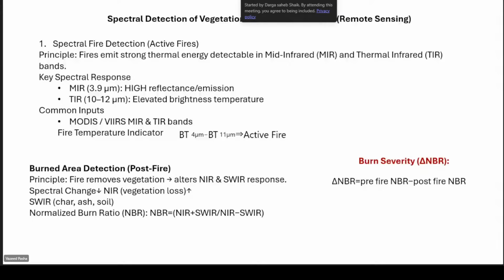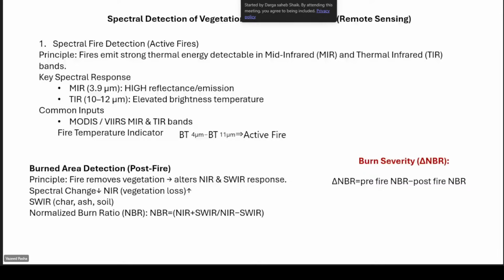Spectral detection of forest fires and burnt areas using remote sensing. How will it work? It works on the principle that fire emits strong thermal radiation, detectable in the mid-infrared and thermal infrared bands, 3.9 micrometers and 10 to 12 micrometers, where you get high reflectance, emissions, or elevated brightness.